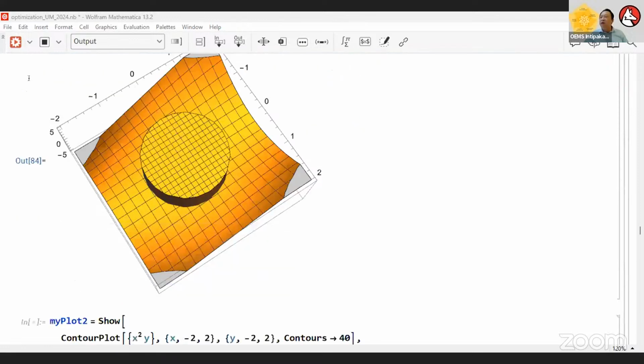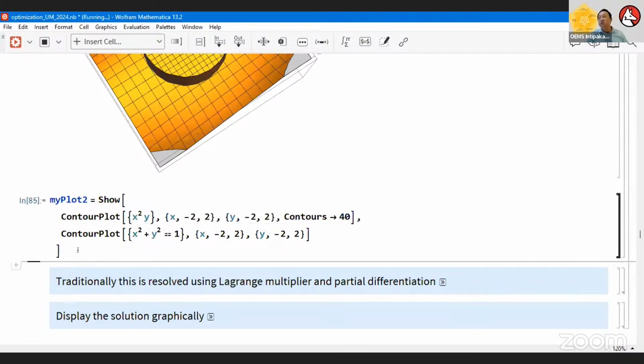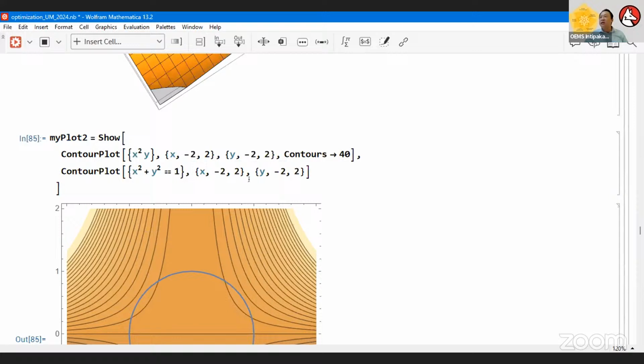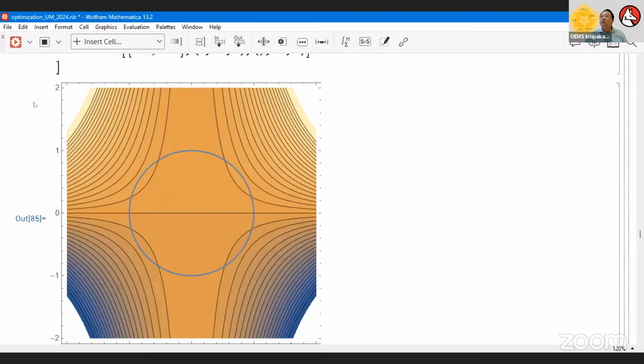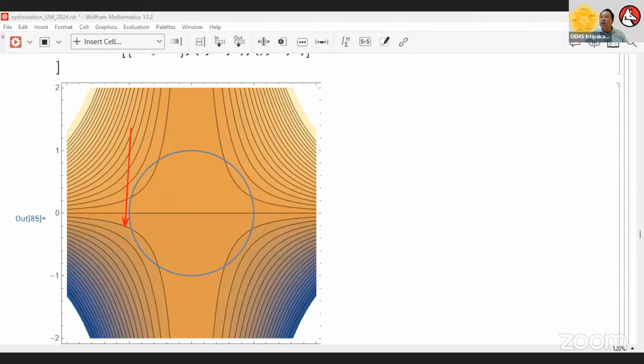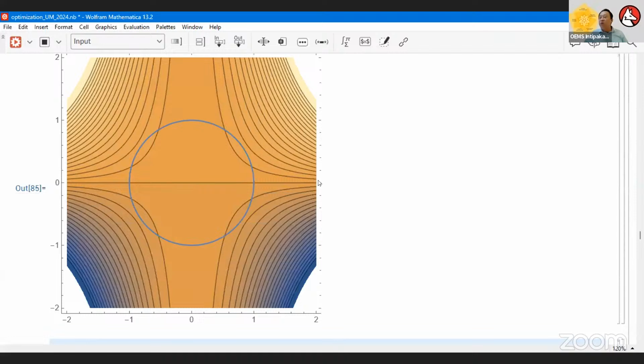Now, if I want a 2D display, of course, when we switch to 2D, we just use a contour plot. We put this 3D display together with the cylinder, so we know the region of the optimum point we want to search falls inside this circle. So we have a 3D view and also a 2D view using a contour plot. As I mentioned, the super function we are using here is Show. Simply, we put as many plot functions as we want, then we show them in one go, so they superimpose on one another. Now it's very clear.